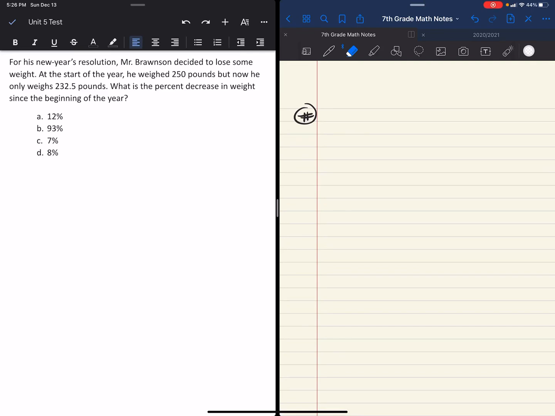Okay, wonderful humans, let's go through this test question. You'll see on the left side of your screen, and on the right side is where I'll be working it out as if I were a student taking the